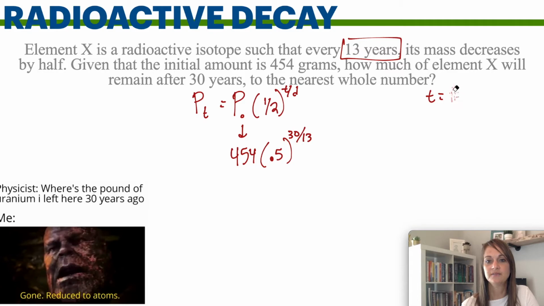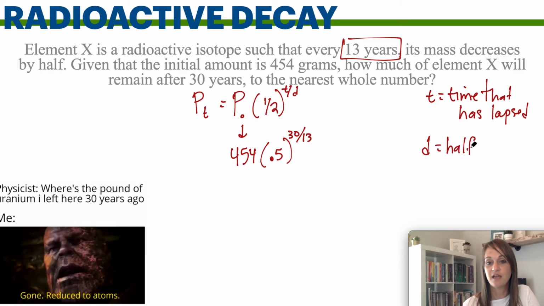T is time that has lapsed. D is basically the half-life. That's not half year. The half-life time. So in this case, every 13 years, half of it remains. And then this is your initial, and again, this is your final. So to find the final amount, you would just type all this into the calculator, and you will get